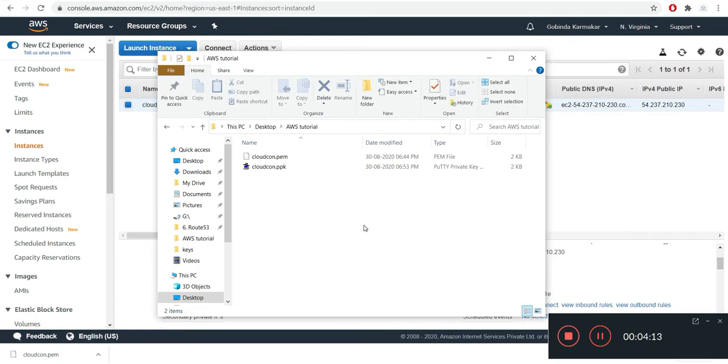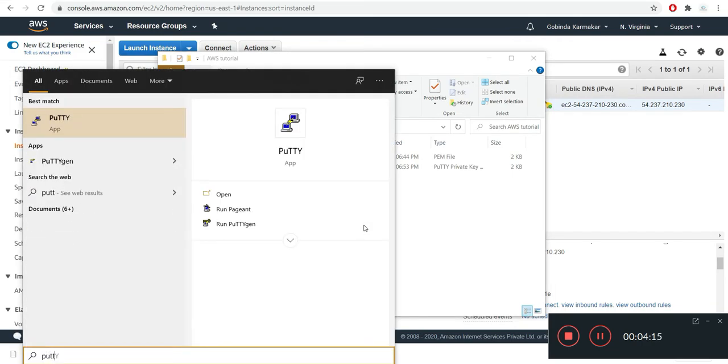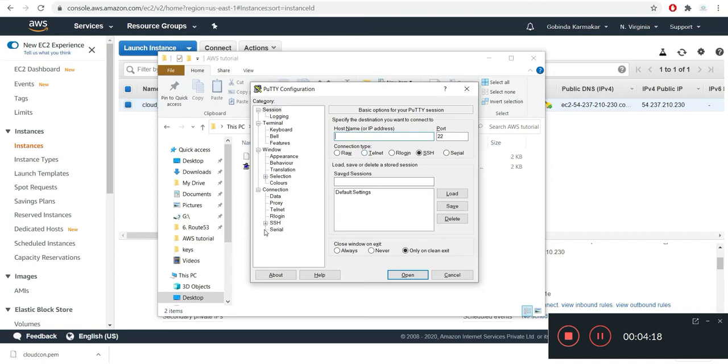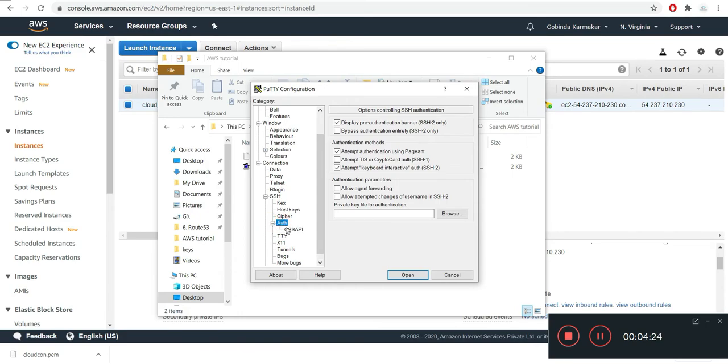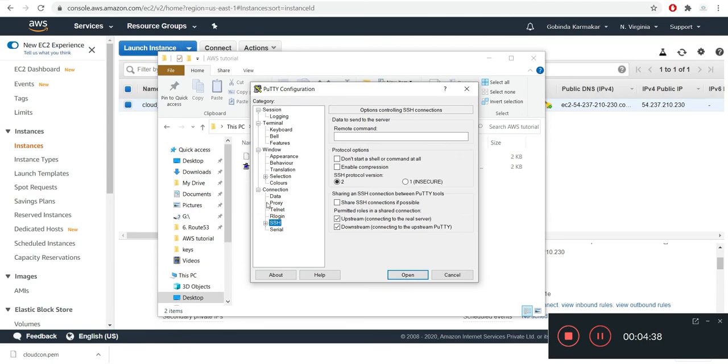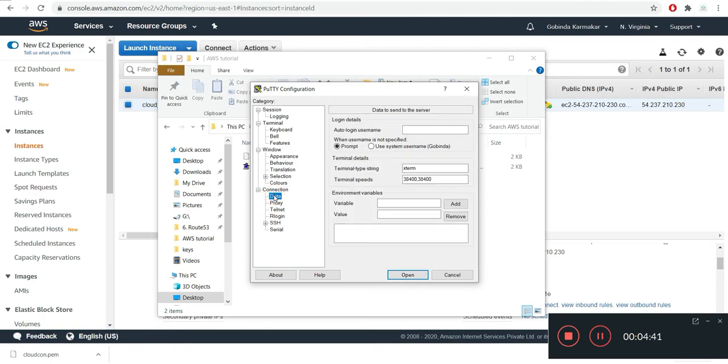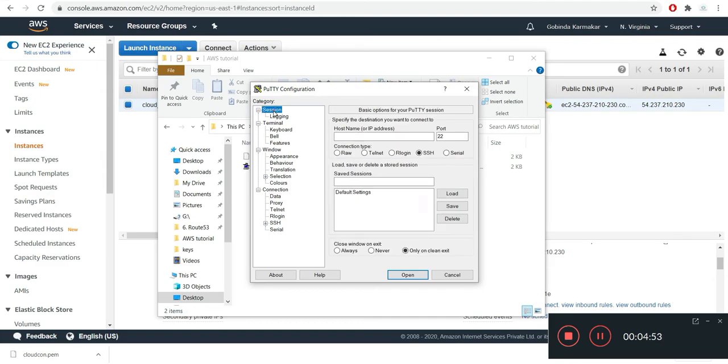Let's close it. Now we need to open PuTTY. The PuTTY app is here. The first thing before connection we need to do is go to Auth. Okay, no need to expand, just the browse button. Browse, we need to browse to the PPK key. We just need to hit the open button, done. Now we need to go to our data. You remember we put username@IP, so we can put Ubuntu as the username over here, and let's go to session.